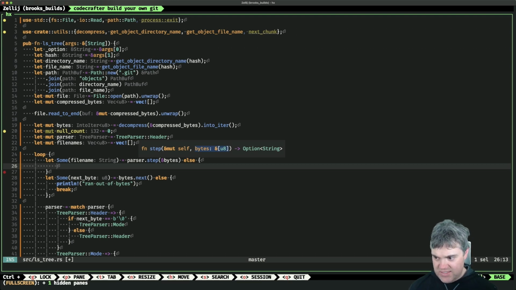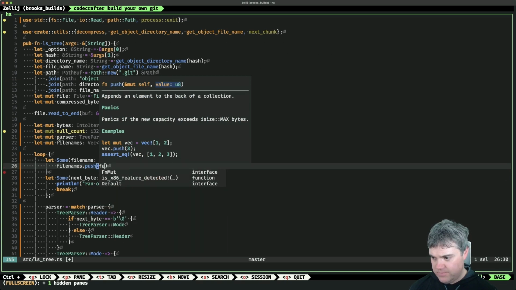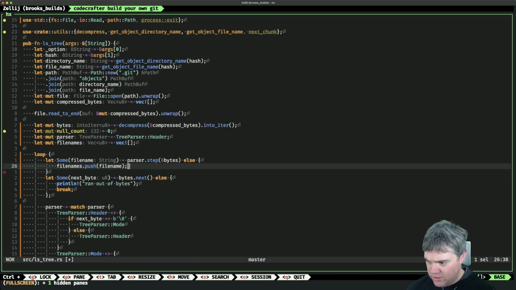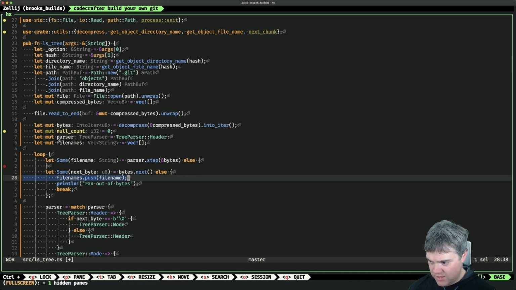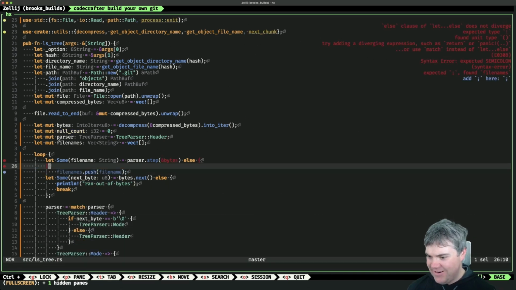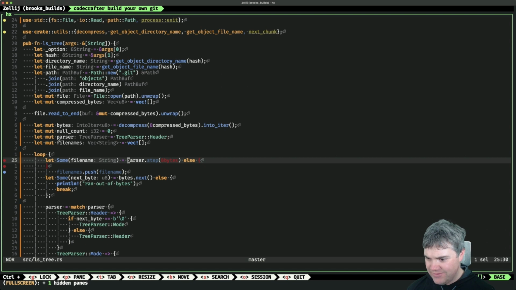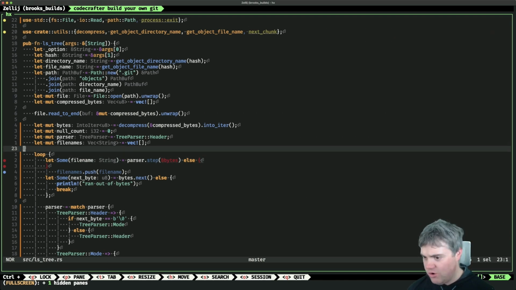It's either a some because we got to the end, or we got a file name out. So okay, now we can just do file names, I'm going to push a file name. Wait, no, that's wrong. Nope, that's wrong. That's better. Okay, so parser step. Why are you upset? Mismatched types, expected reference u8, found a reference to a Vec IntoIter. Oh, because I